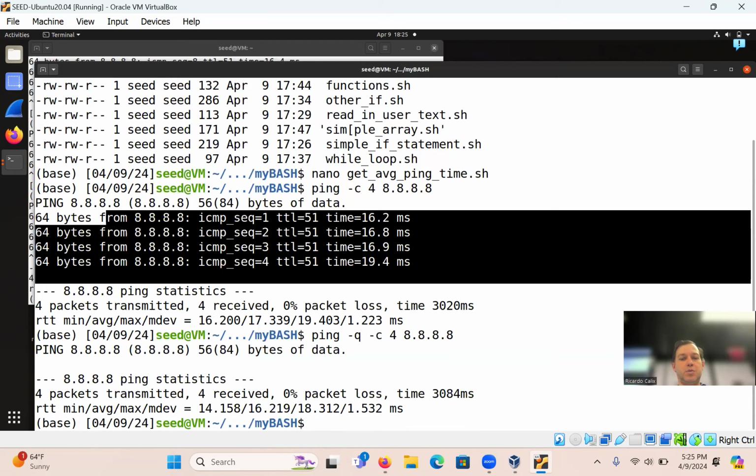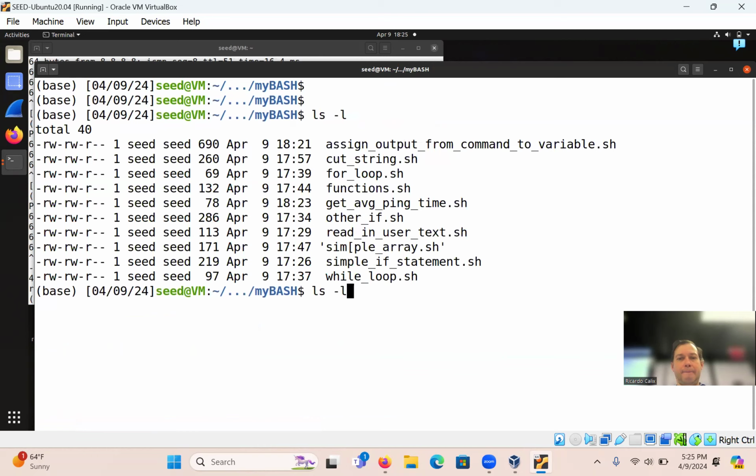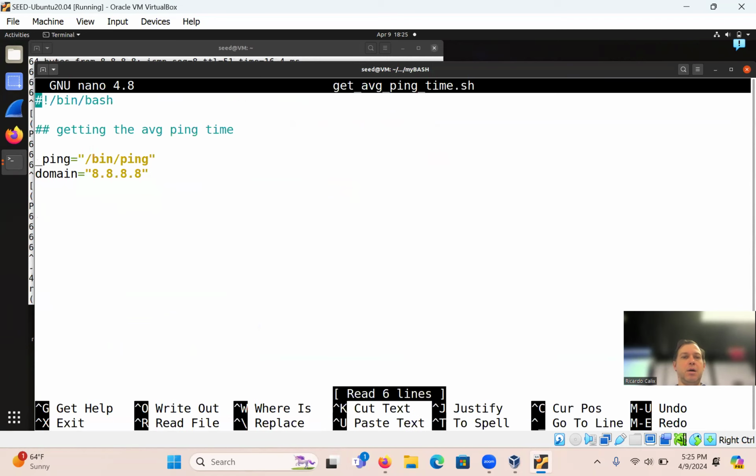So let's do clear here. ls -l. It's called average ping time .sh. Yeah, nano actually. Sorry. All right, so we've got this. Now we need to construct our variable, ping average, equal, then $, like that.